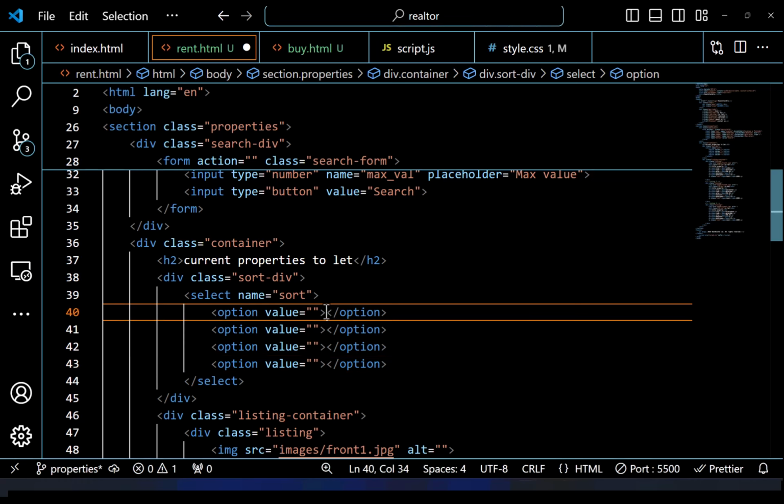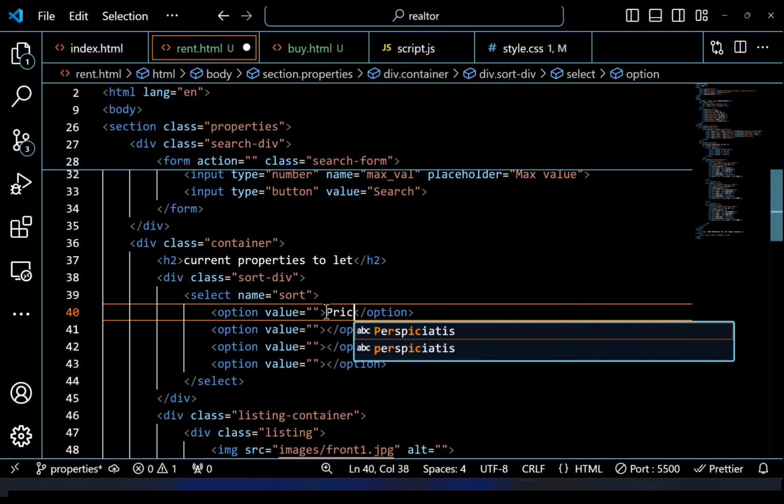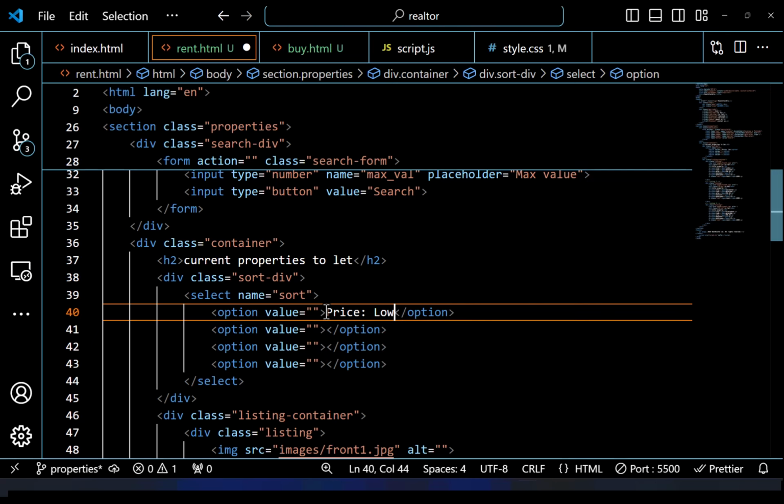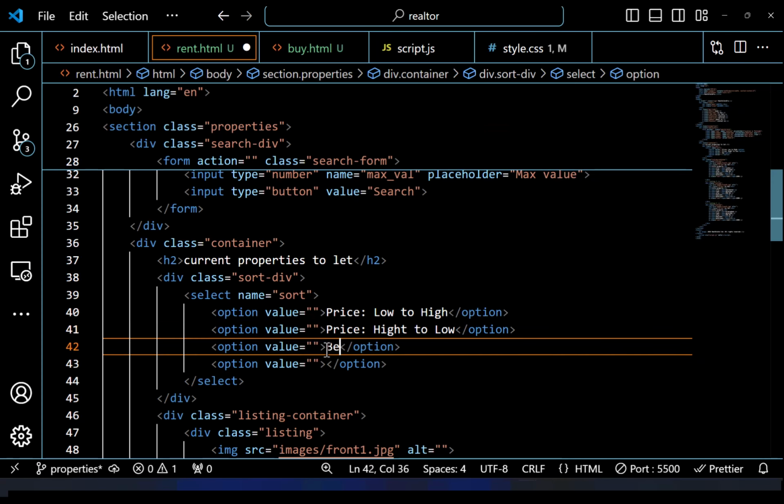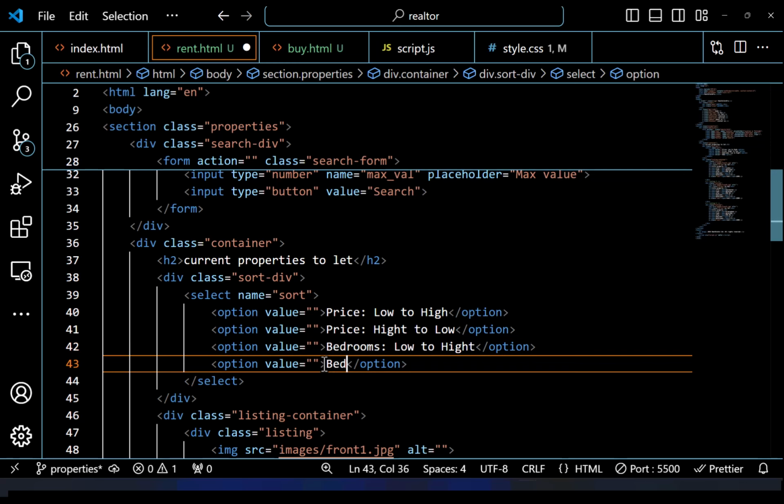For the value, let's start with the captions. So let's start with price, low to high, copy, paste, high to low. Now for the second one, it's bedrooms. Again, let's make it low to high, bedrooms,